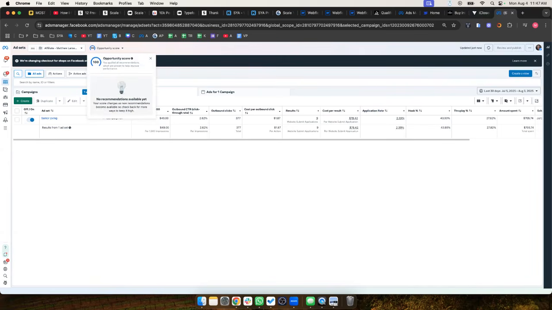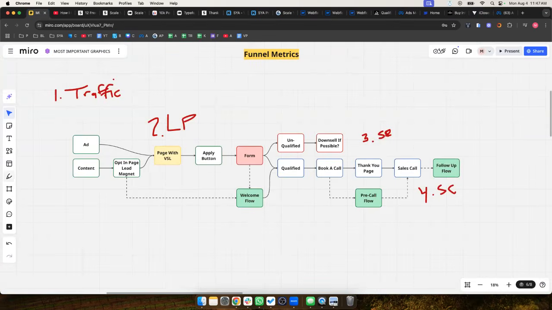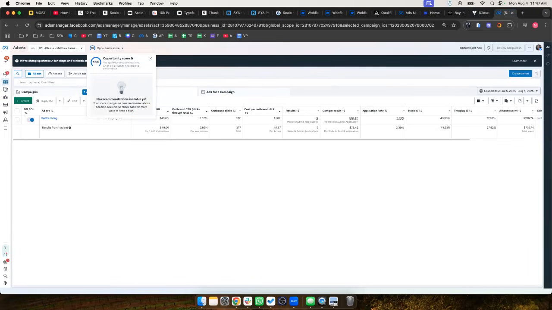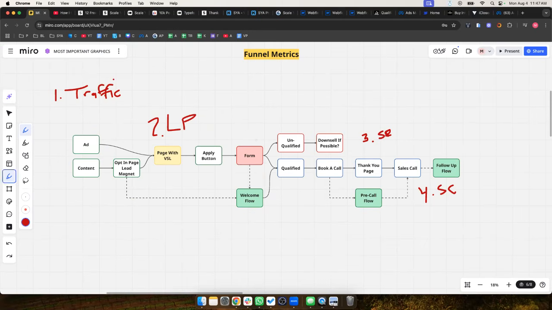So that would be a situation here. In this case, landing page, I need to make the page more informative. I need to have a VSL. That page doesn't even have a VSL. More social proof, it has very limited social proof. And that's why it sucks. I'm not wondering or sitting scratching my head why it sucks. I know very well why this application rate sucks and I need to fix it.